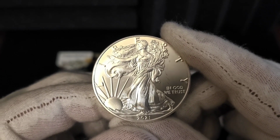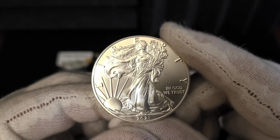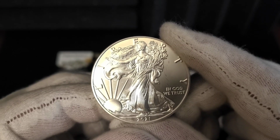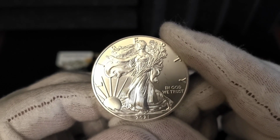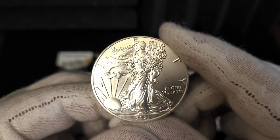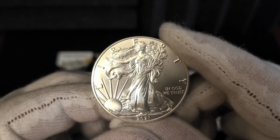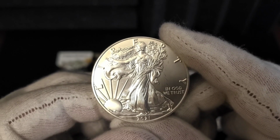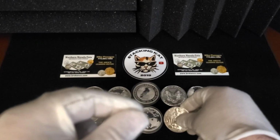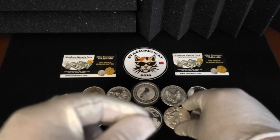Mint directly. A lot of the older Eagles or Maples or any bullion coin that they get are usually from people selling to them, and the turnover just has not been there. There has been a lot more demand than supply. That is keeping the premiums higher. So just a lack of inventory is really contributing to all of this when it comes to buying your silver